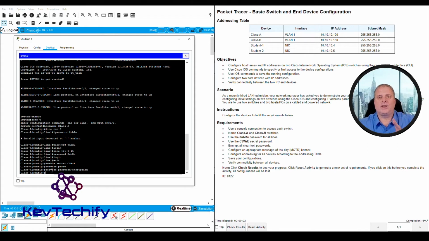Now, if we look at the right side in this Packet Tracer activity window, down here on the bottom, some activities have built-in scoring automatically for you. If we look over here, it says completion. We are at 6% complete of everything we need to do. Well, what do we know? If we go down here and click on check results,